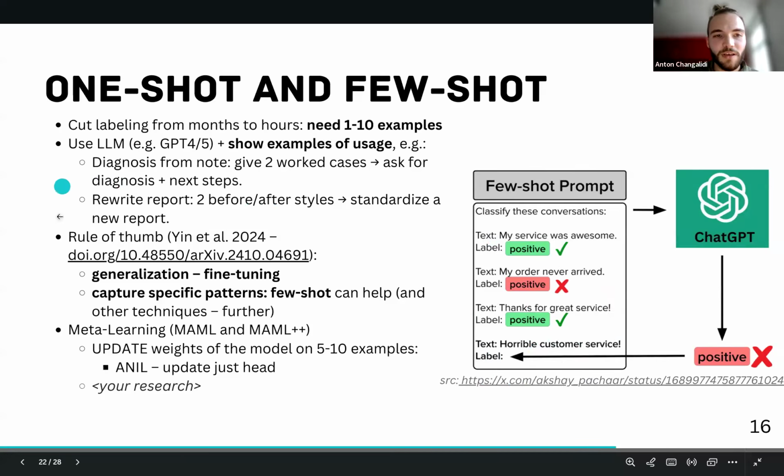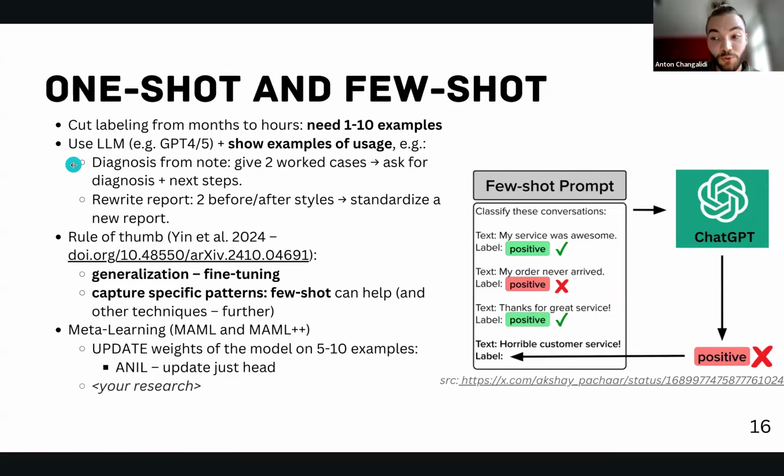And here is an example from my head of how you can use it in your medical field. So for example, if you want to do diagnosis from a note, you can first provide it with 2 already worked cases, where from notes you made a diagnosis, and then ask for a third case, do diagnosis again and provide next steps, and it usually works well. And yes, here is also a rule of thumb: